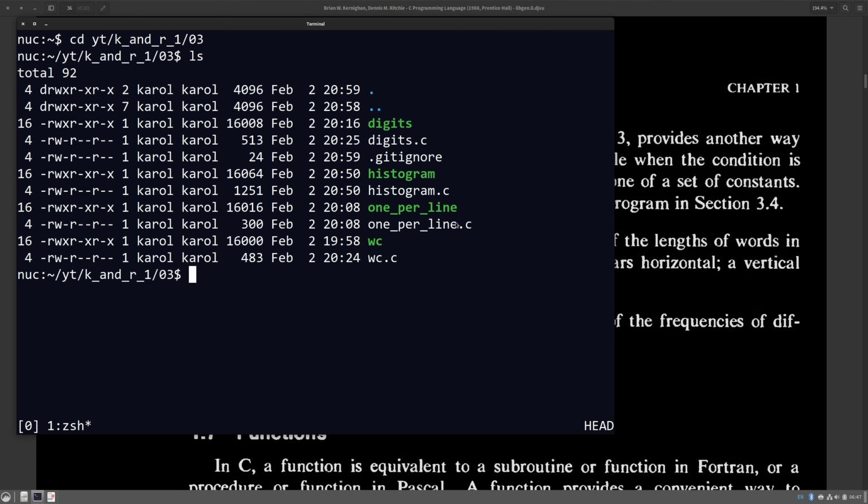And basically, when you pass to it, for example, a sentence with several words, like the quick brown fox jumps over the lazy dog,